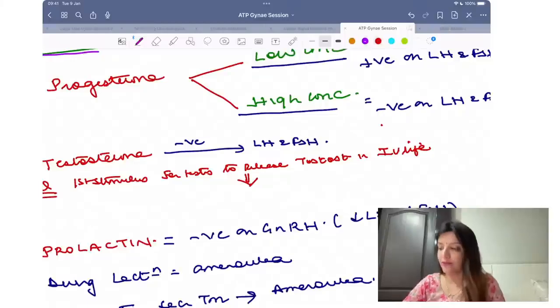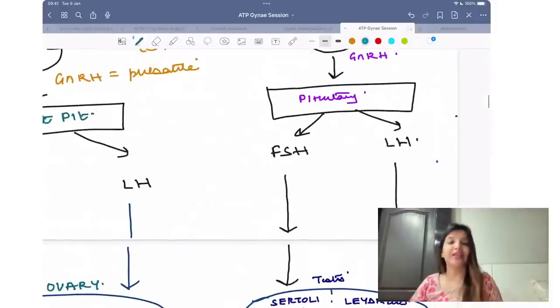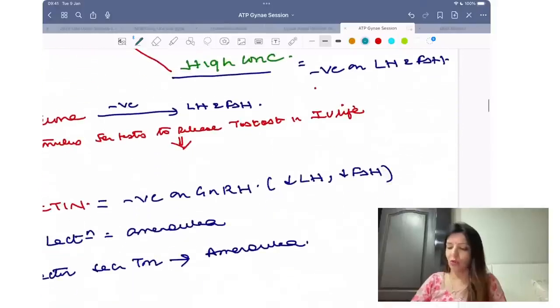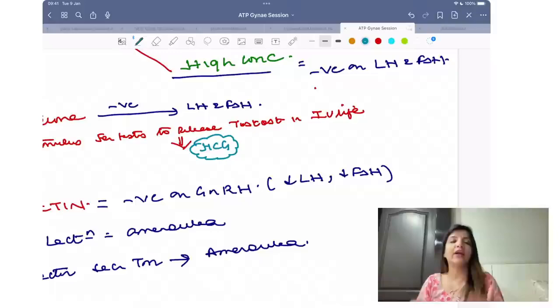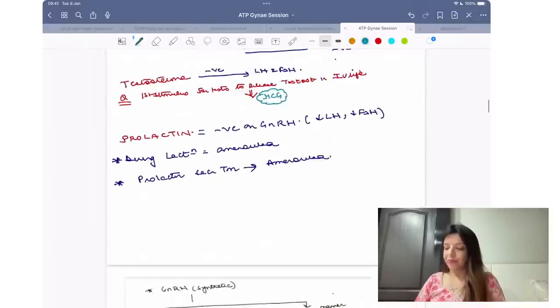Nirbhay Anuj, very, very good. Don't say it is LH. LH is not the first stimulus. LH acts on Leydig cells to release testosterone, but it is not the first stimulus. First stimulus always is HCG. That is why we say HCG and LH are functionally the same hormone, because both of them have same functions, right? Clear to all of you?